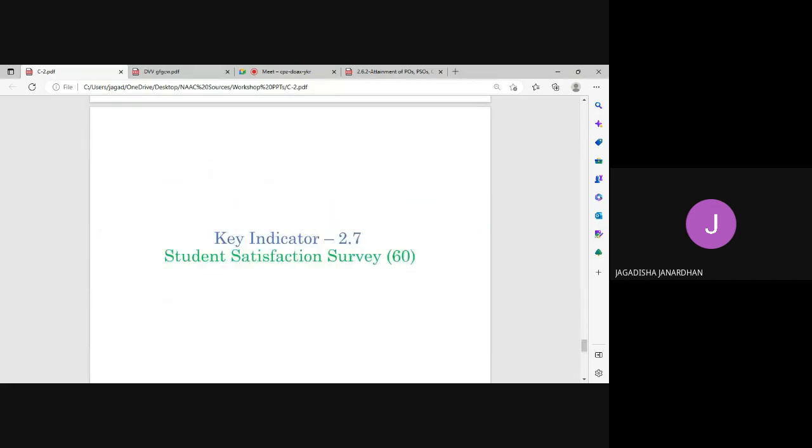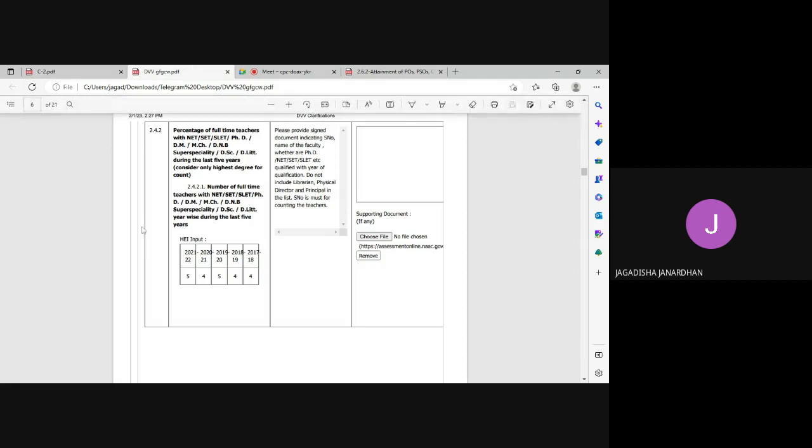So the last portion of criterion 2 is the student satisfaction survey. Here it has been allotted 60 weightage. So before entering into this last key indicator, I would like to mention the DVV about the